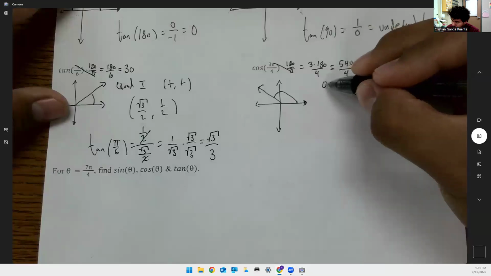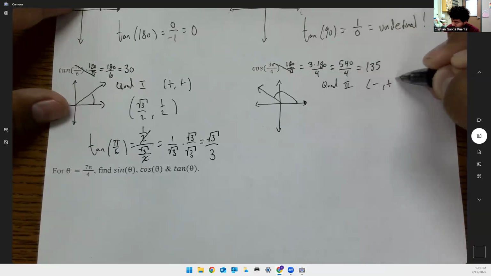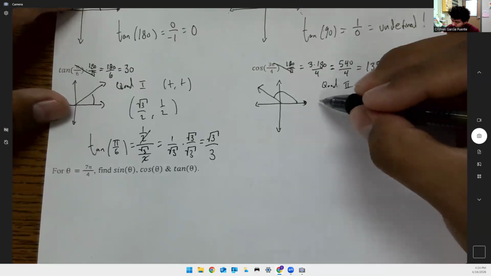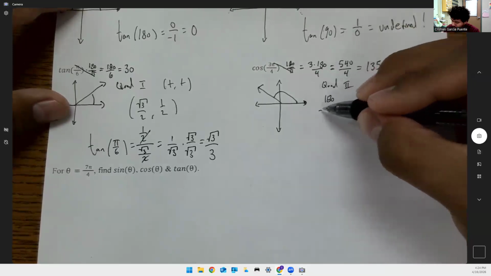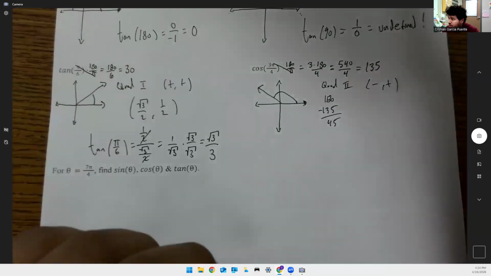So we're in quad 2. And in quad 2, we said it was minus plus. And then in quad 2, we subtract by 180. So it's 180 minus 135. That gives us 45. And now we just got to turn our page around to find out what the point